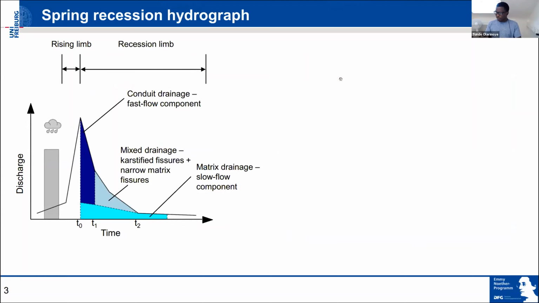So if you want, you can also have the mixed component, which is the mixture of the conduit and the matrix drainage flow. But for this presentation, I will not be talking about the mixed component. I'm focusing more on the conduit, the fast flow, and the matrix and the base flow